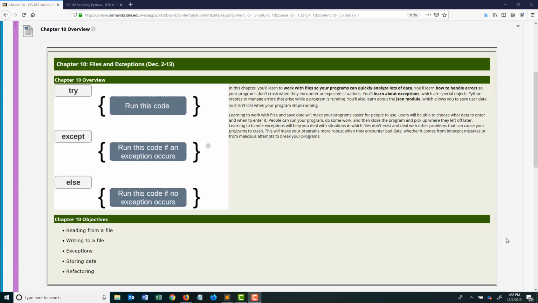Welcome class to Chapter 10, Files and Exceptions. In this chapter, you'll learn to work with files so your programs can quickly analyze lots of data. You'll also learn how to handle errors so your programs don't crash when they encounter unexpected situations such as traceback